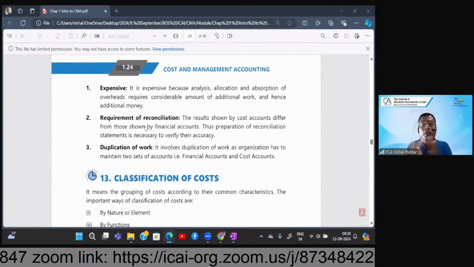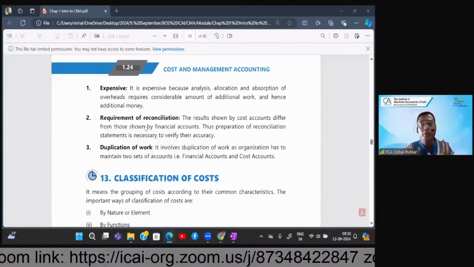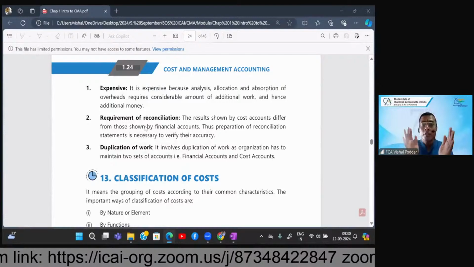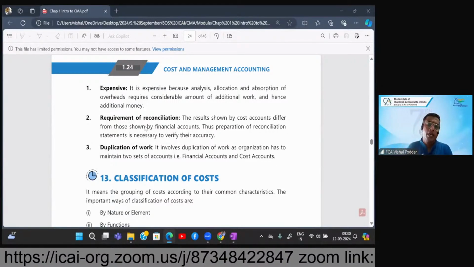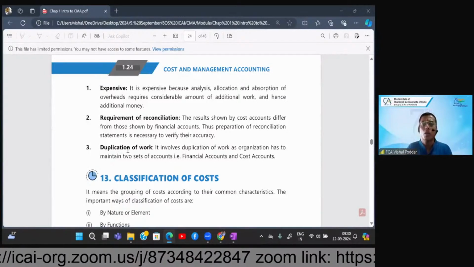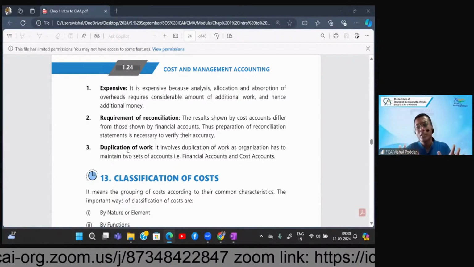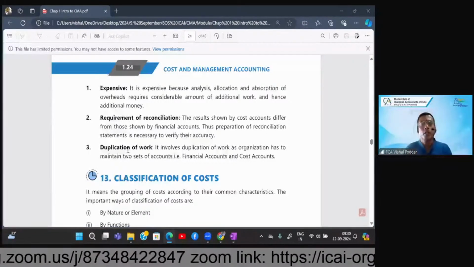So you need to reconcile and match why I'm having this difference. Both are correct now, only there is principal difference, then it is fine. So once there is a cost accounting system, you already have financial, so the reconciliation headache will increase. And obviously, since you have multiple systems, multiple accounting, there would be duplication of work. So these are limitations, but I don't consider them as very big negative because the positives against this are very